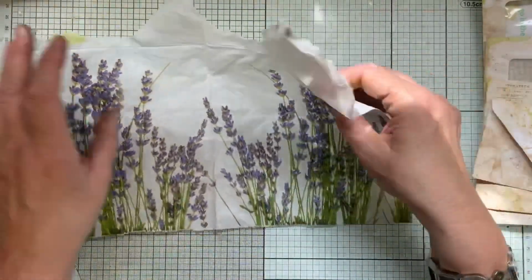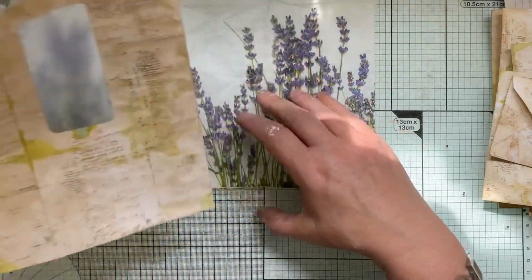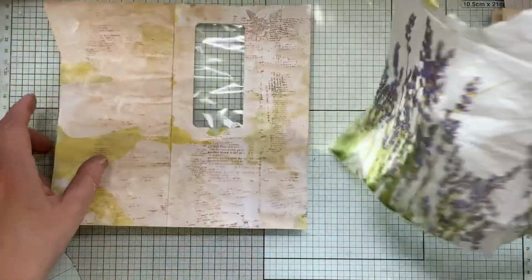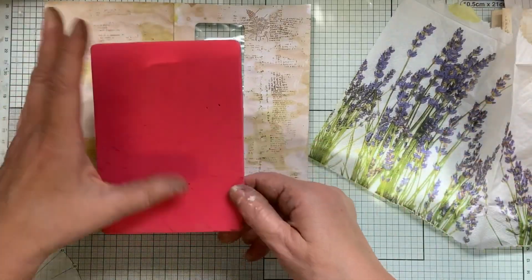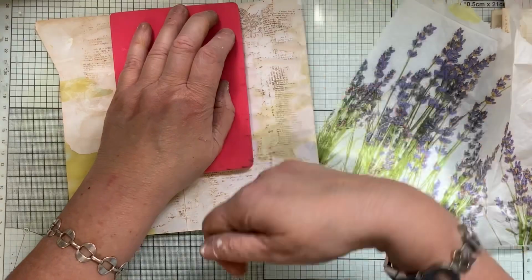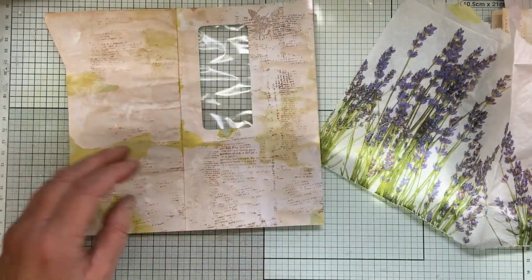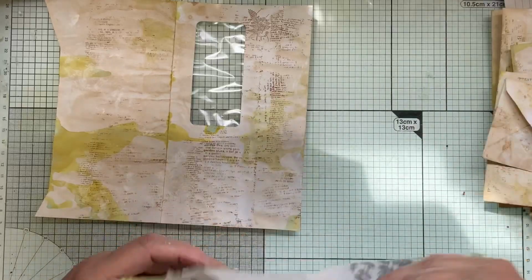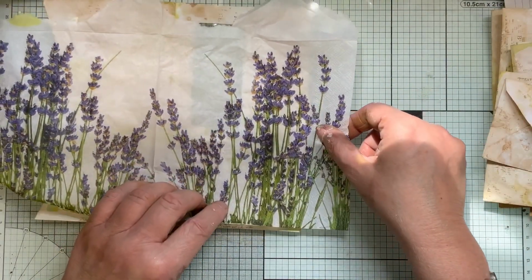But right, I'm going to do this one first, because these I can't really dry. I can use the heat gun, and when I do, I cover that with a thick bit of sponge, and then I'll heat around it. There are ways of doing it, but because I've got time today, I'm just going to